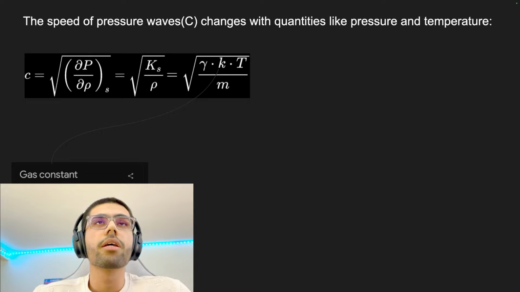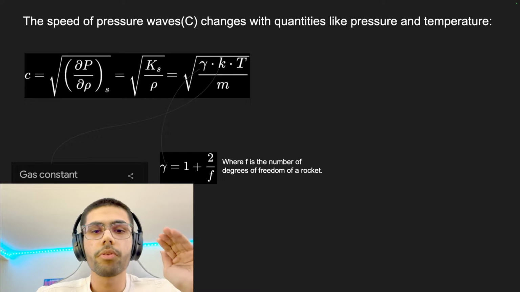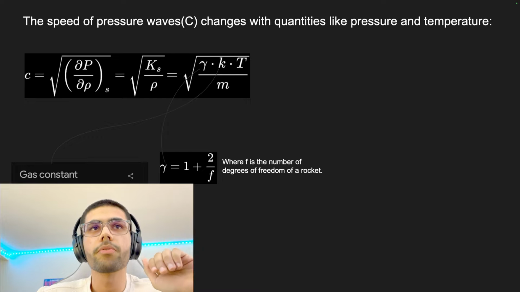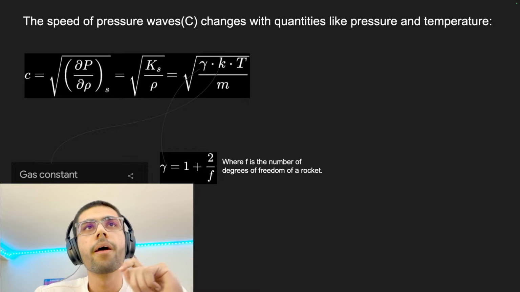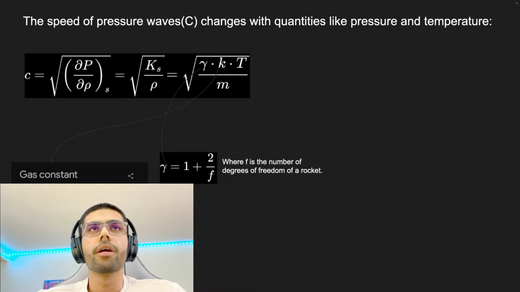Now this k here is the gas constant, and this gamma is the ratio of specific heat at constant volume with specific heat at constant pressure, and